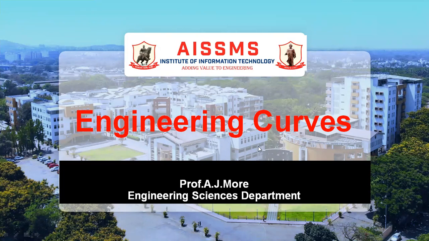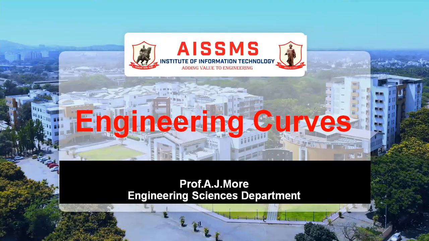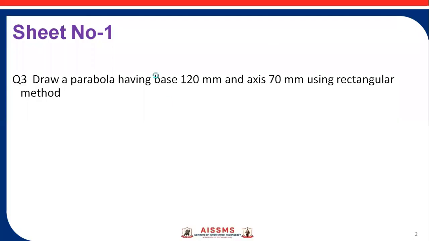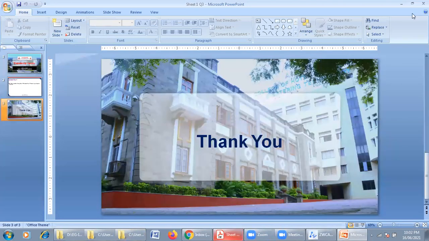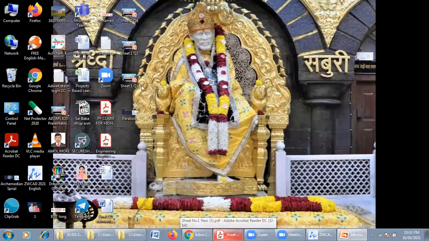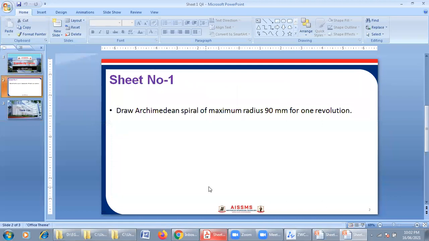Today our topic is engineering curves. The hands-on practice will be based on the problem of sheet number 1. In that we are going to draw a problem of engineering curves. So you know the problem which is there in the curves, that is